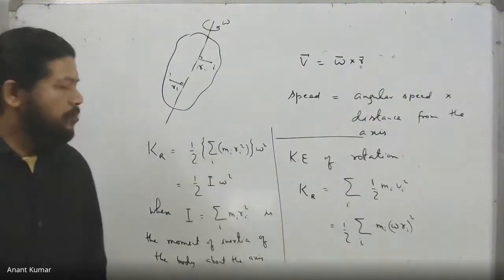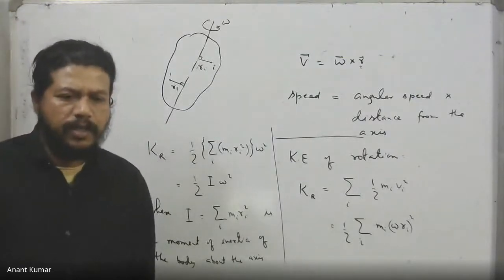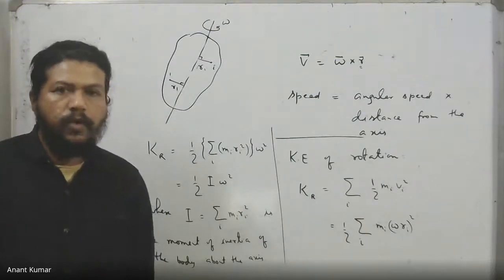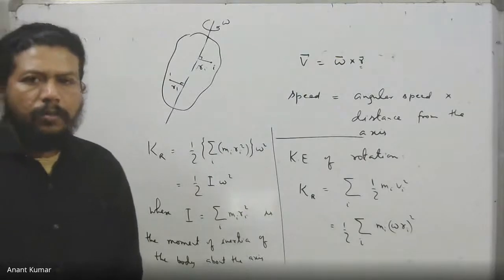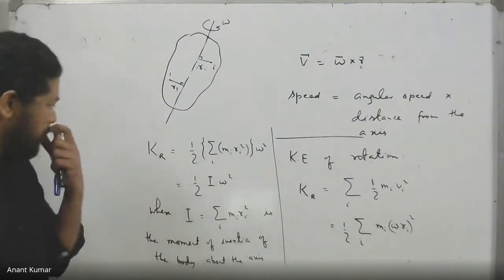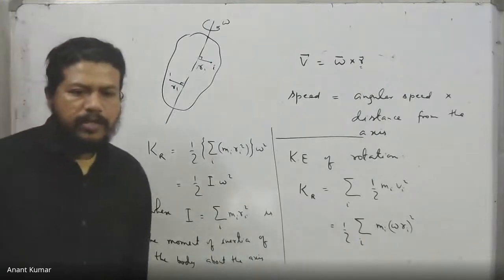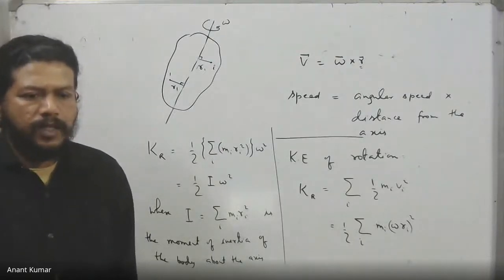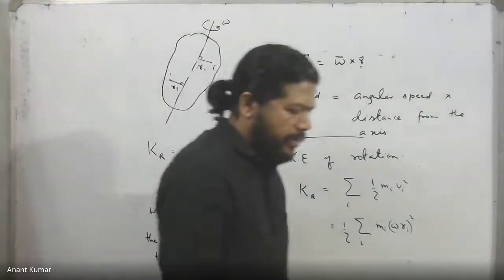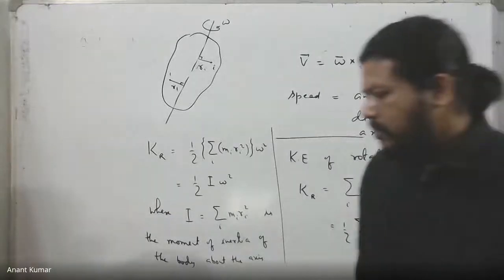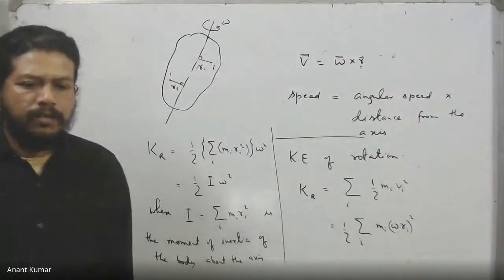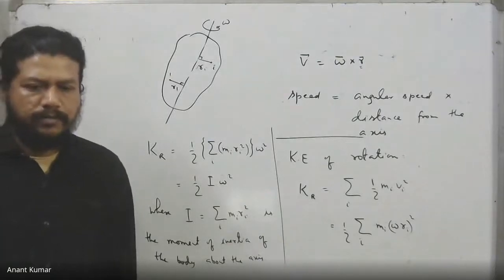In general, bodies having higher moment of inertia will be difficult to keep going, difficult to rotate, for example starting from rest, compared to something which has a lesser moment of inertia. The moment of inertia does not only depend on mass, however. It also depends on the distribution of mass about the axis. So we might have the same mass but a different distribution, in which case the moment of inertia will be different.